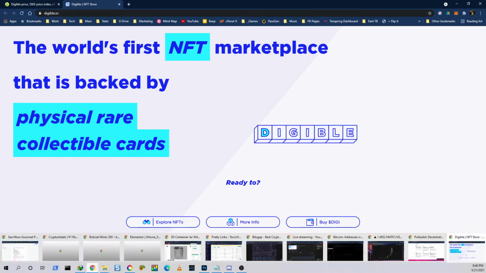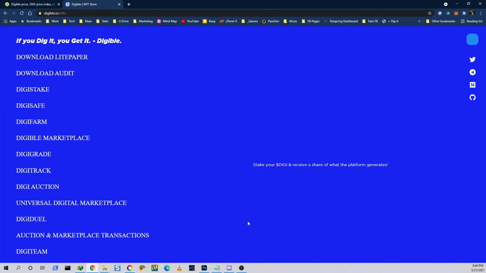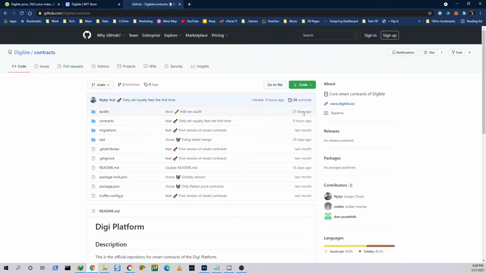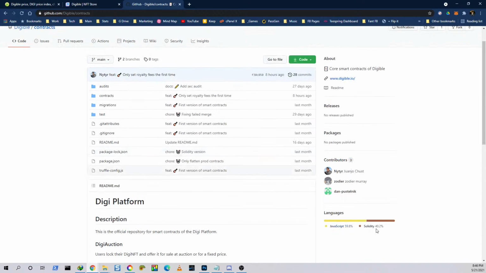I don't know who's part of the project. More info. So let's check. We're gonna do this together. So the white paper, real bland stuff, man. I don't really like stuff like this. Let's check out their GitHub. GitHub has one repository, updated 8 hours ago. 27 days, 29 days, 16 days. It's Ethereum, so it's Ether based. That's what Solidity is. So I know it's an Ether thing.